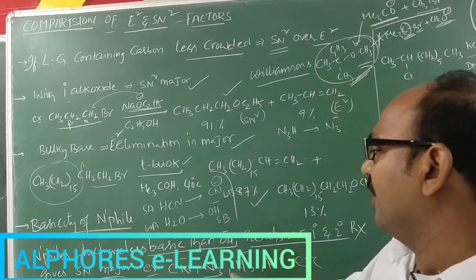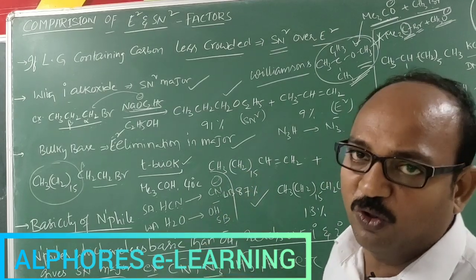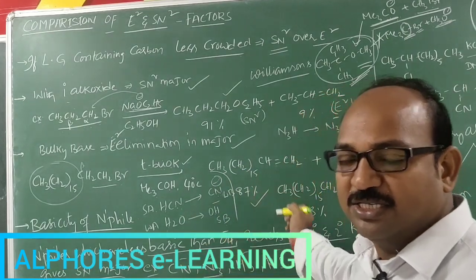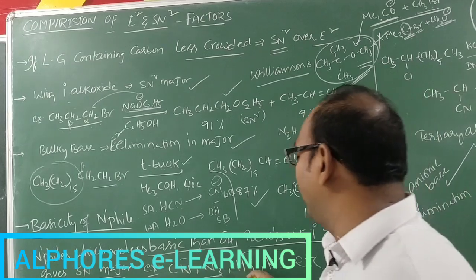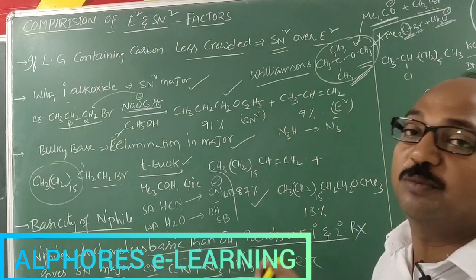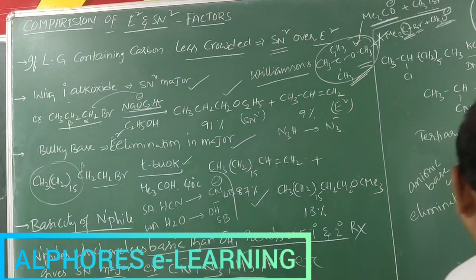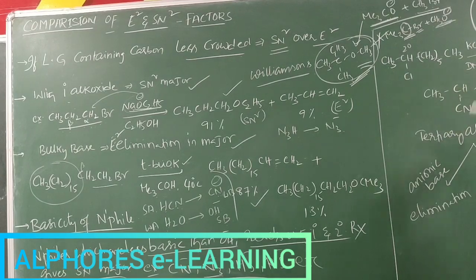So I hope you got it clear: whatever the bases, if they have less basic or less nucleophilic nature than OH minus, with such nucleophiles, primary and secondary alkyl halides preferably undergo substitution, and as a result we get a substitution product as the major product. And if you come here, I used to consider a secondary alkyl halide in terms of KCN and DMSO. Why are you using DMSO here, sir, and why are we not using a polar protic solvent? We'll discuss after completion of this example.